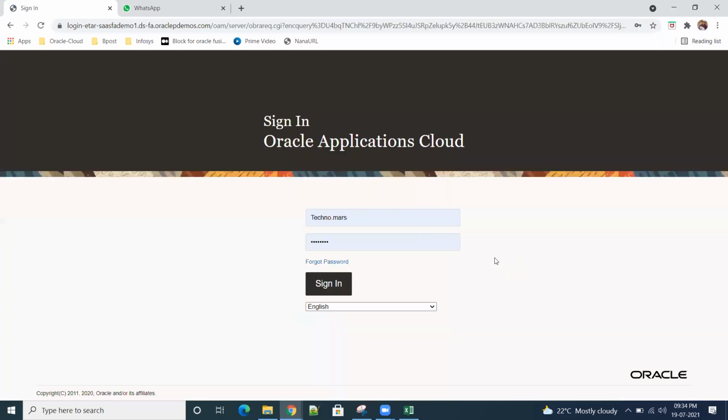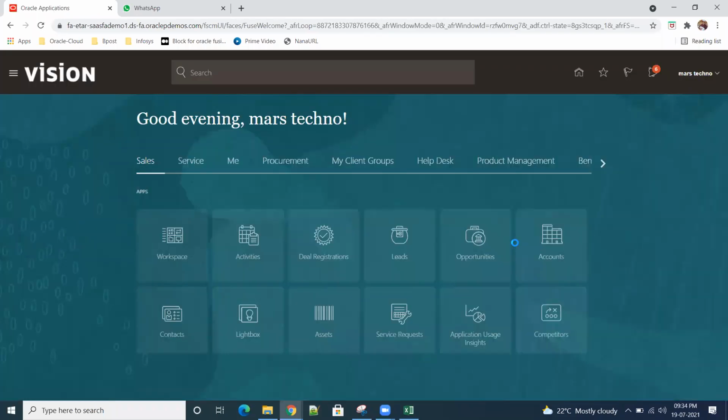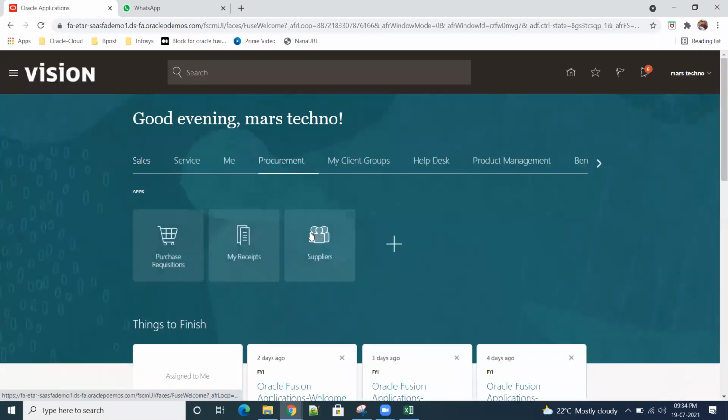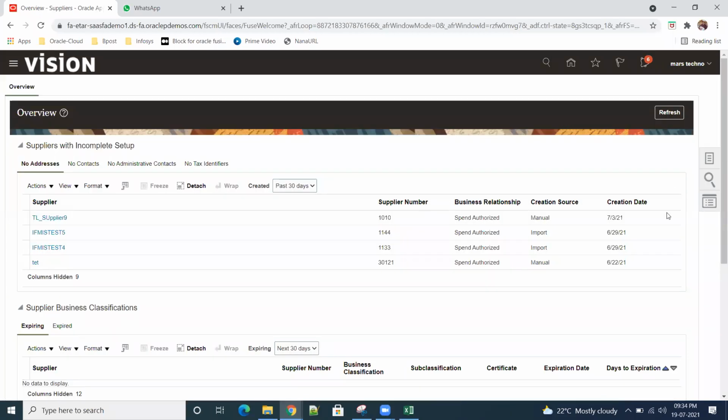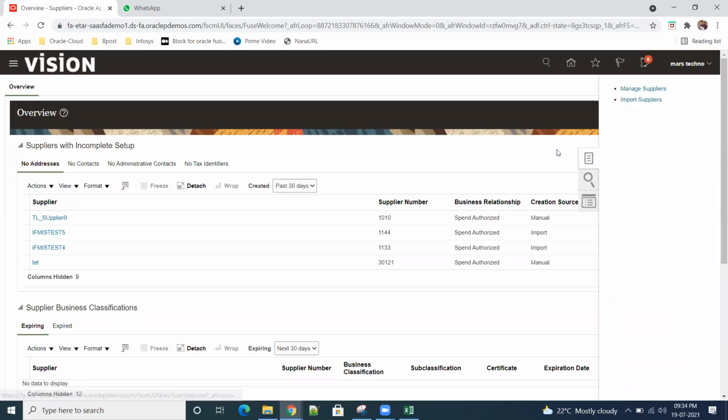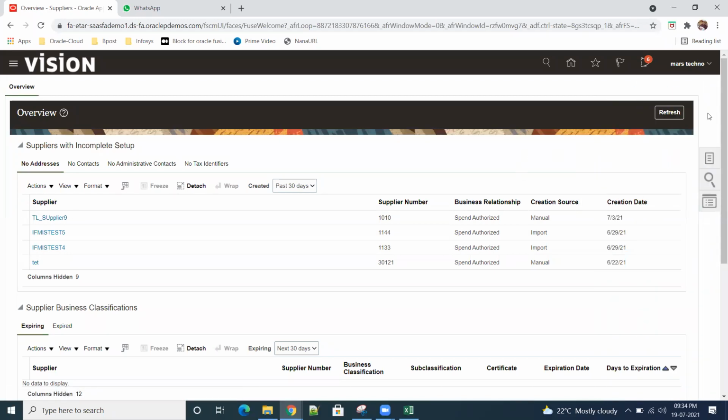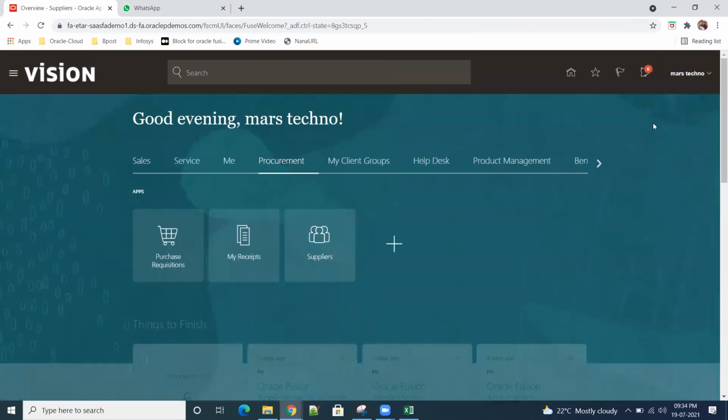We'll run LDAP request. Let me click on that suppliers. I think creation has not come yet. Okay, so we'll run the LDAP.